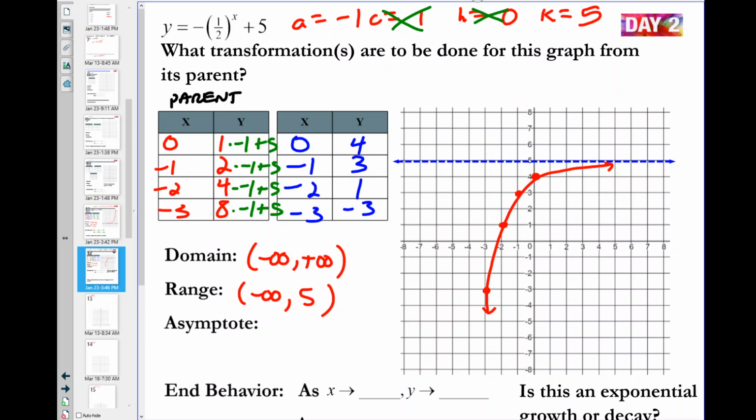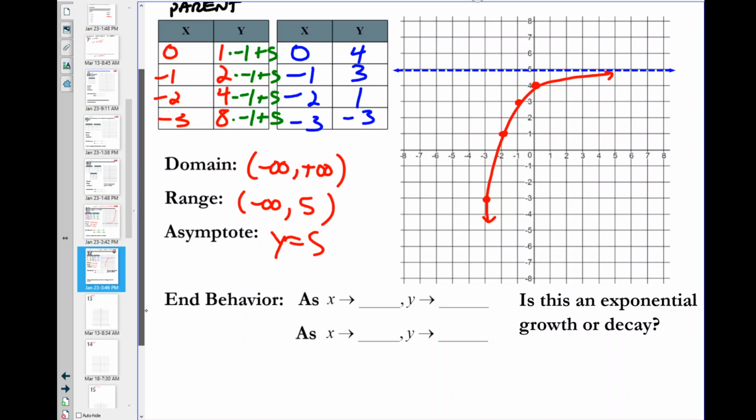Cade, asymptote. You're the man. After Randy. Randy's the first man. You're the second man. And then Moosey, Mr. Showoff, you can do end behavior. Let's just go in order. Let's do negative infinity first. Good, and y is also going to negative infinity because the left arrow is going down. And then as x goes to,